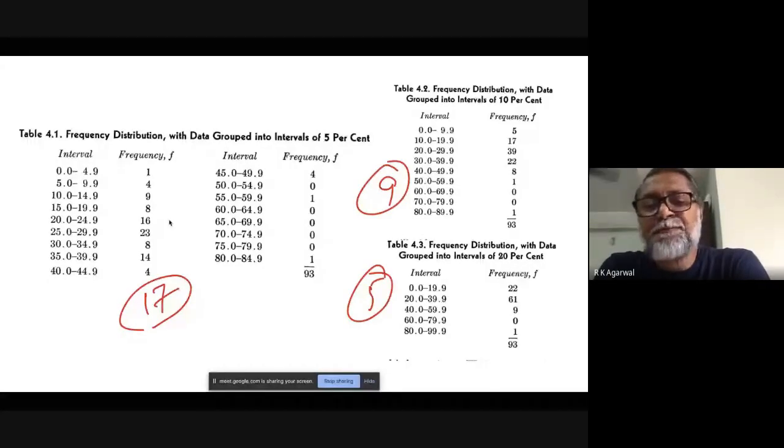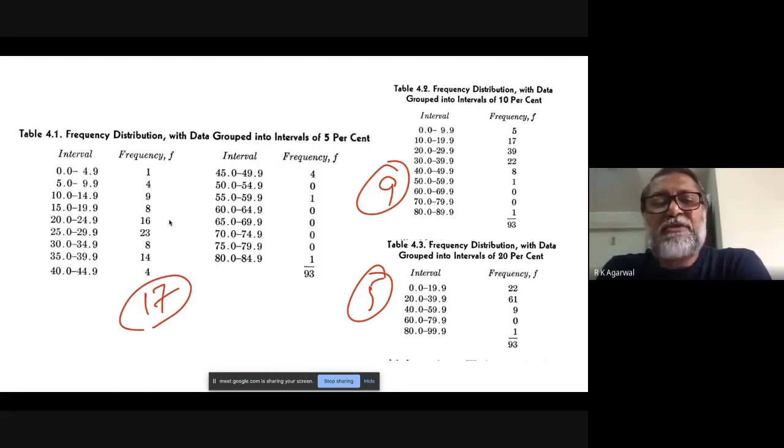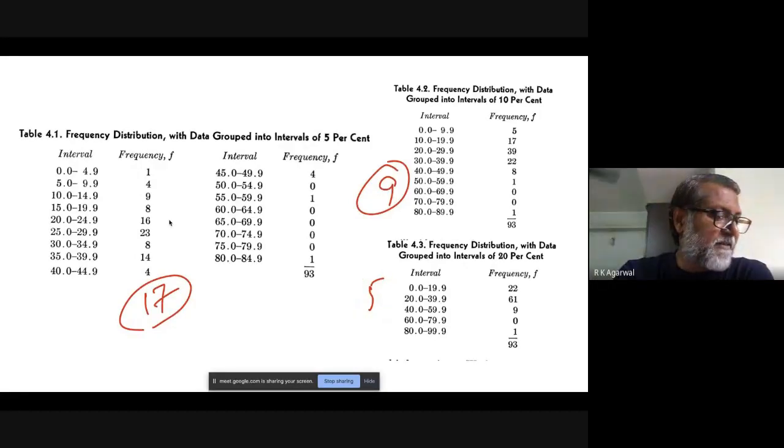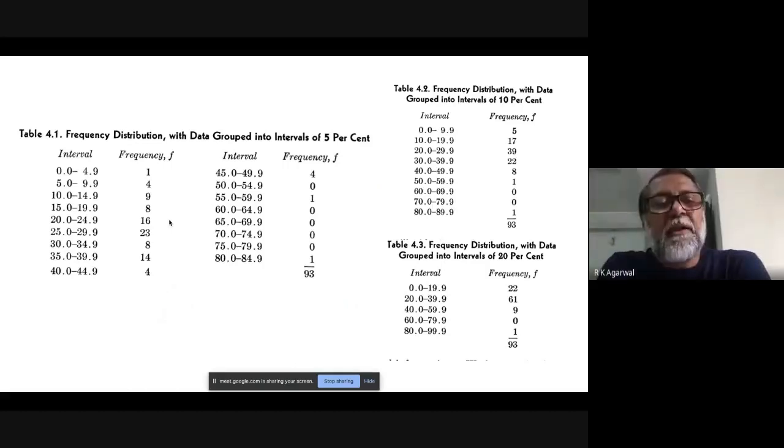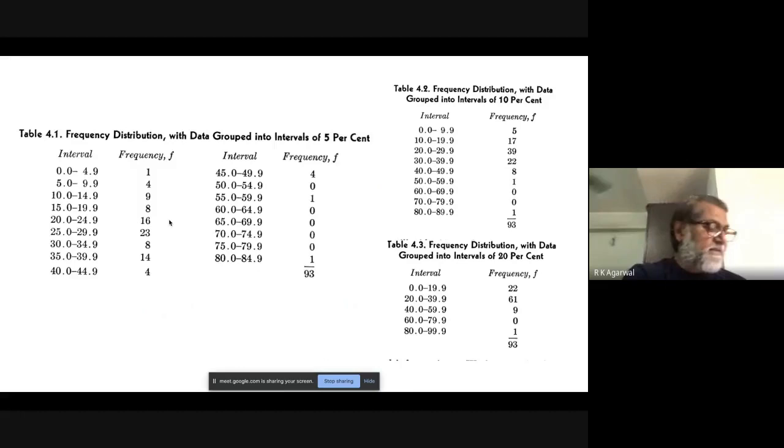This is the question. So this is generally an arbitrary decision, whether you want to have more or less, because there is no known scientifically validated mathematical formula to suggest that you should have X number of classes. But there are a few things which you may consider to decide how many classes you should have. First, concentrate on the first table. Now, find out the pattern of the frequency and then try to draw a conclusion. Now tell me, what does this 8 mean? What does this 8 show?